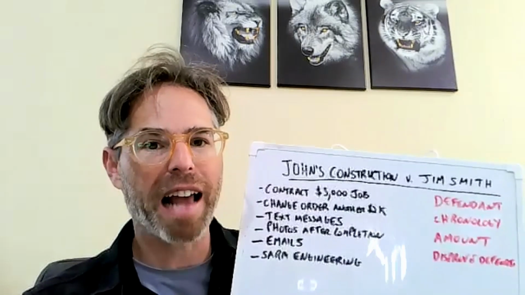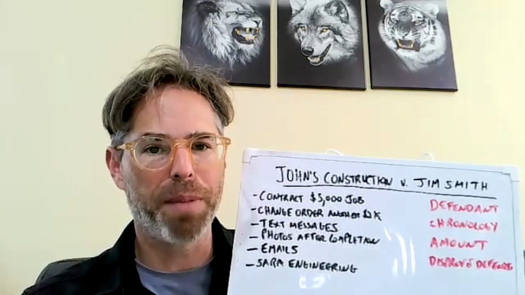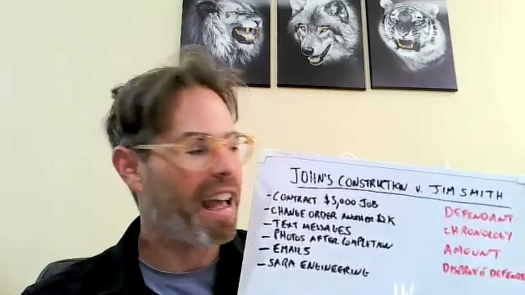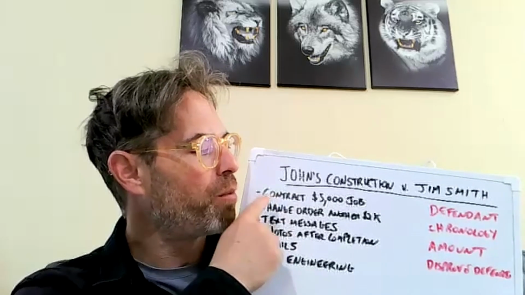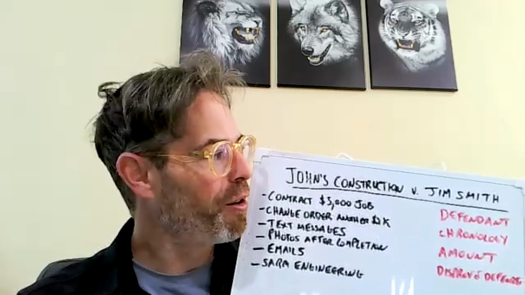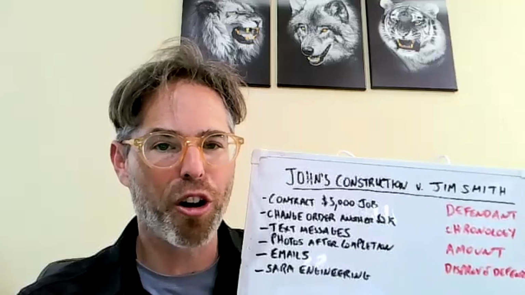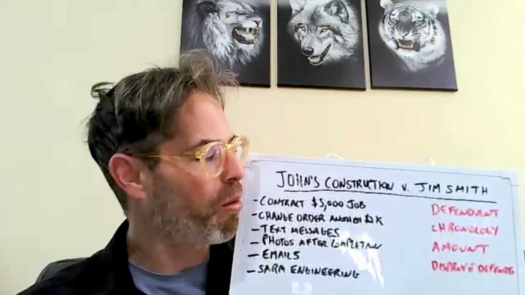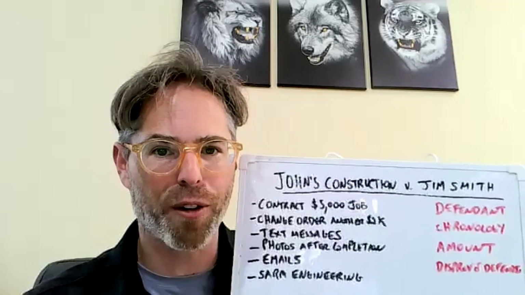So let's talk about what happened and what's been exchanged between these two people. John's Construction, we can say, is owned by John Jones, let's just say. And John Jones had a contract with Jim Smith to provide a new deck, let's just say, to Jim Smith. Jim wanted to have a nice new deck outside his summer home, and he hired John's Construction to do that work. And as part of that hiring, John has a contract that he uses for all his clients,